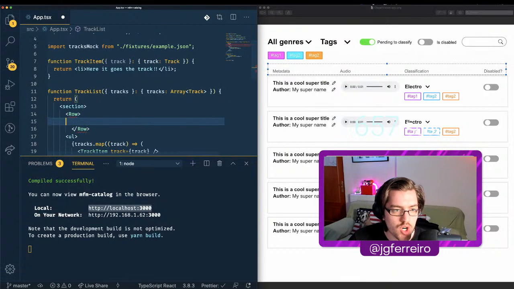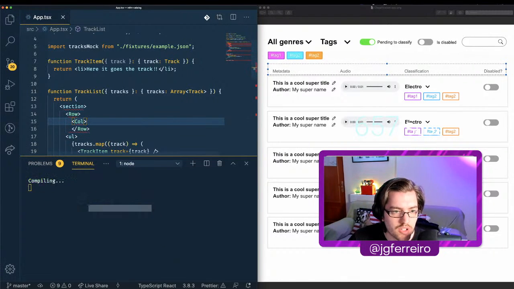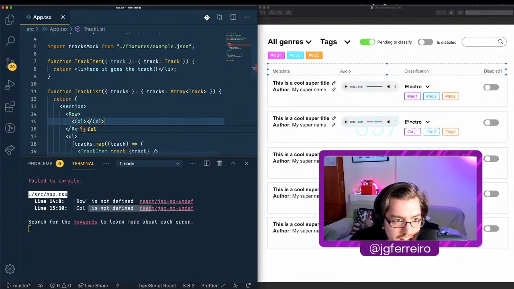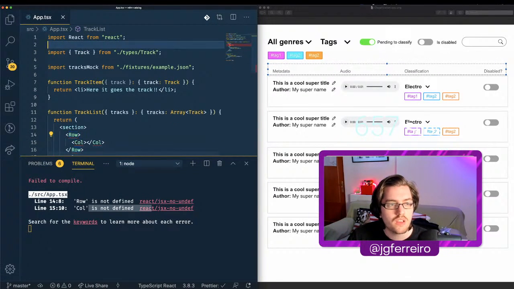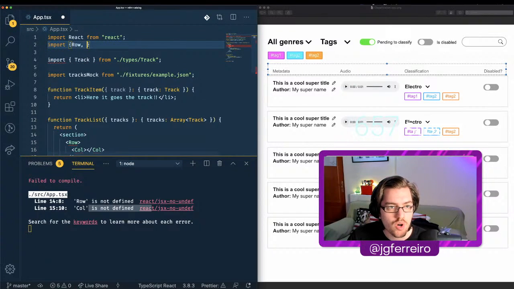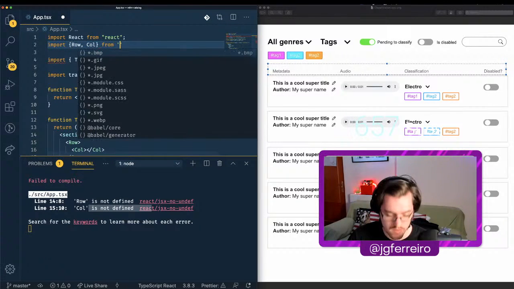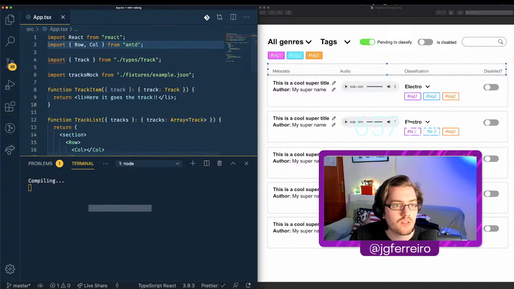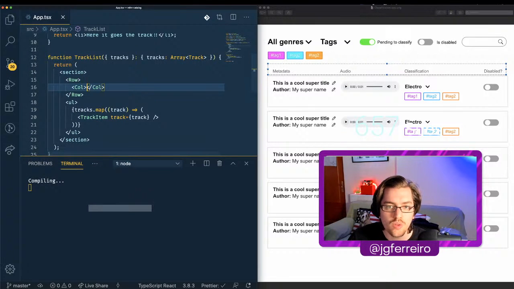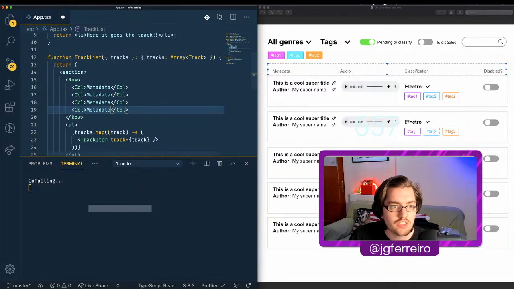We will have a row. Okay, I do have the auto formatter, which is great. Let me import Row and Col from Ant Design. Okay, cool. So this is going to be metadata, this is going to be audio, this is going to be classification,